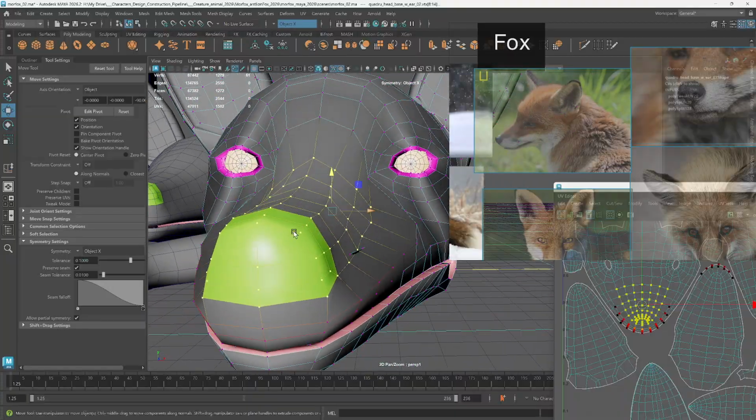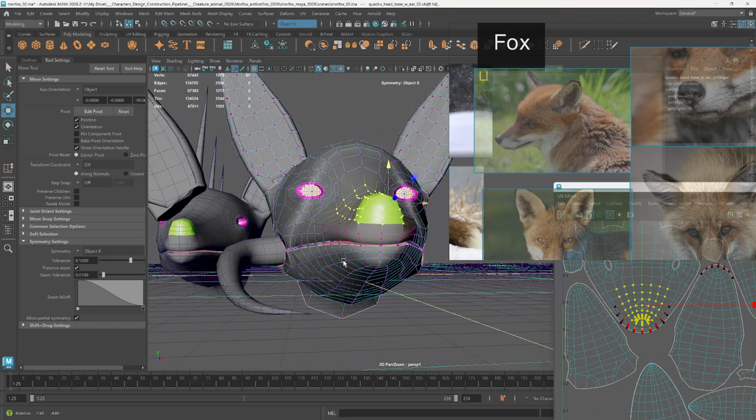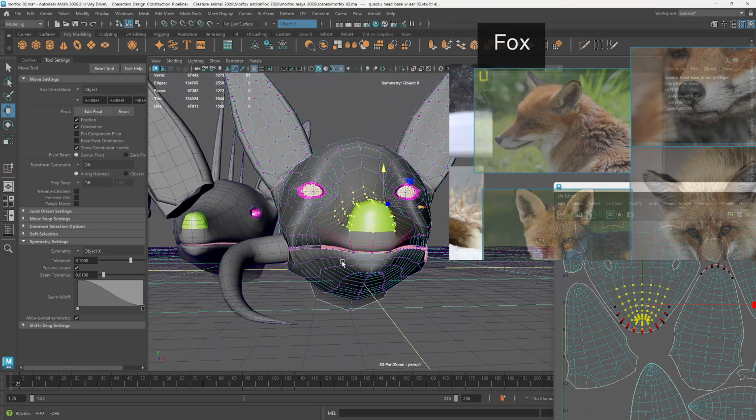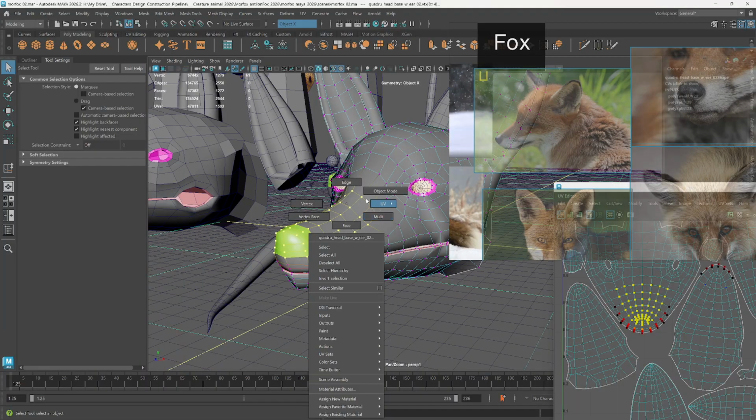Now mouth cap, but there we go. So now we're really getting closer to that shape that I think we want, but it's pretty exaggerated, right? So what I can do is